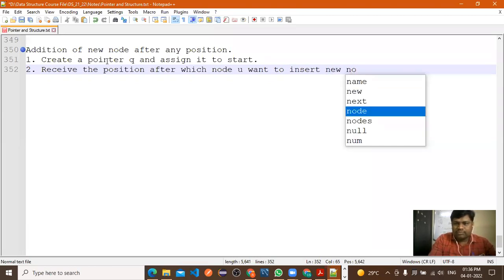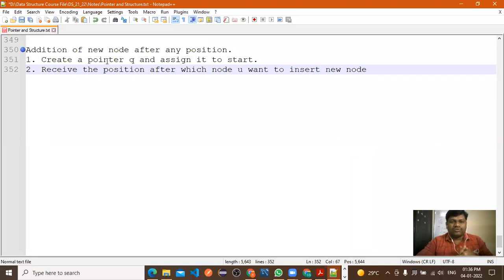Receive the position after which node you want to insert the new node, right?